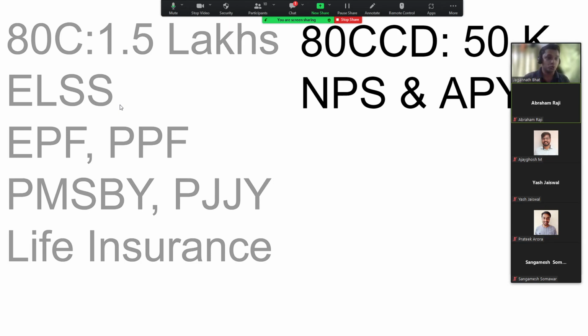So it is up to you whether you claim NPS and APY under either section 80C or 80CCD. If you have already exhausted your 1.5 lakh limit of 80C, you can put an additional 50,000 under NPS and APY in 80CCD. That's why I left NPS and APY for the last. It's like an additional investment that you can do, but